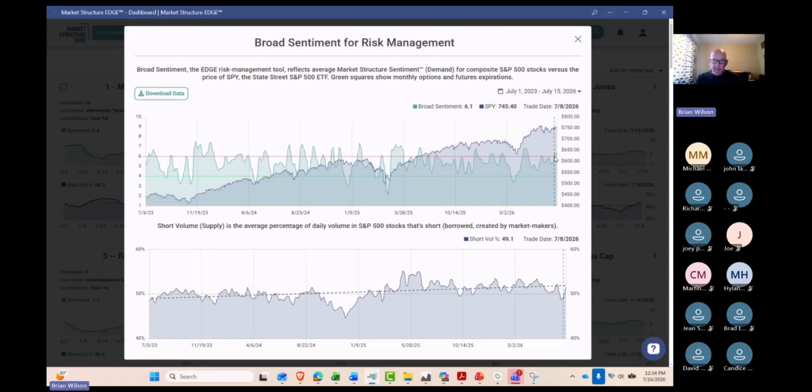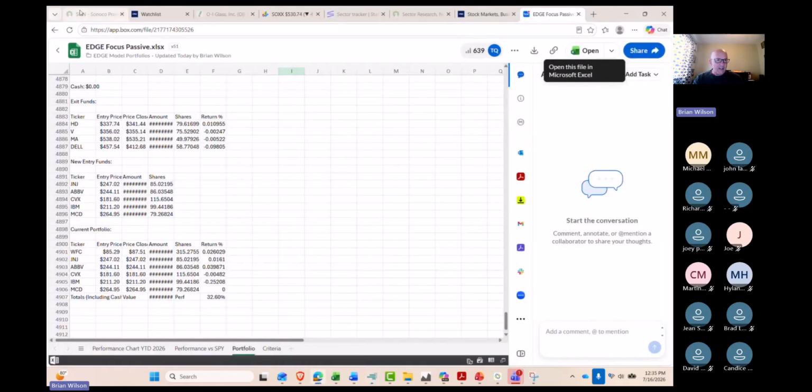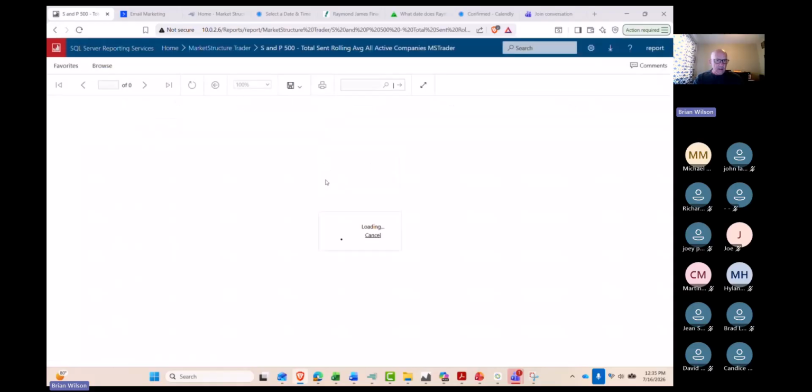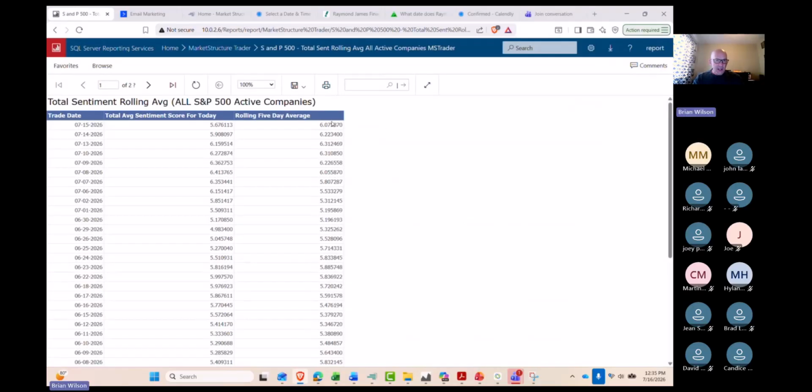We're once again above those red line conditions. And if we look at things from a daily read, we've actually already moved back below it. Let me show you what this looks like. So this is what we see on Market Structure Edge. It's a rolling 5-day average. That daily read has moved down to about 5.7. You can see we moved below it with yesterday's trading. So red line conditions equals stretched market structure, and it tends to limit overall gains.